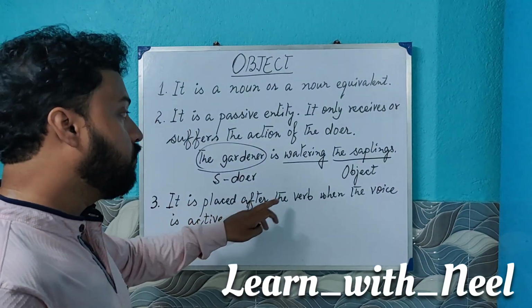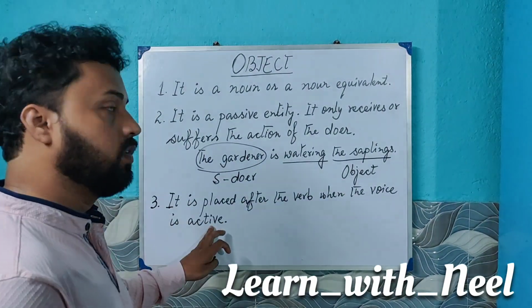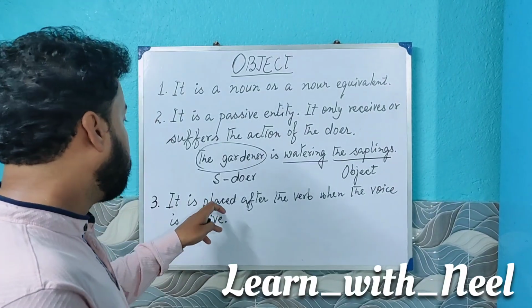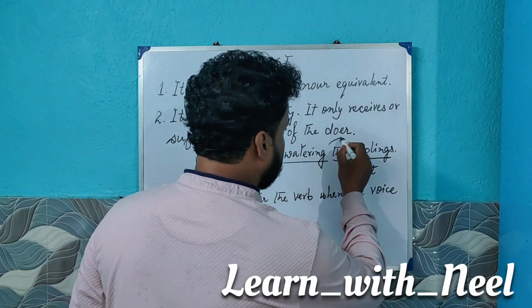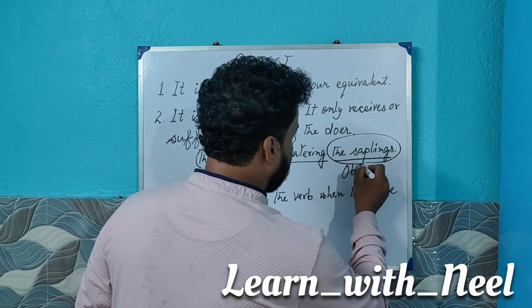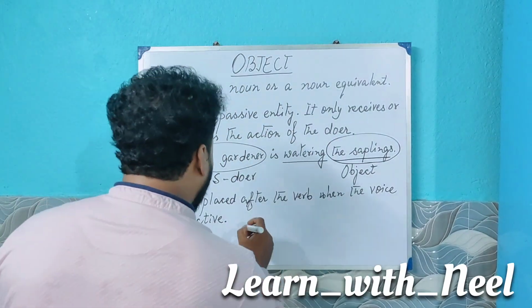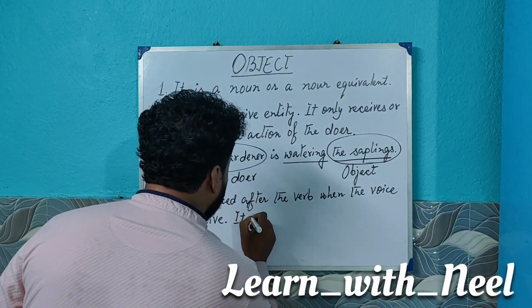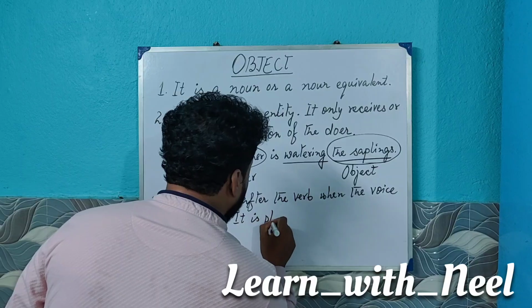It is placed after the verb when the voice is active. So, if the voice is active, the object is placed after the verb. Look at this. The object is placed after the verb. Okay? And it is placed before the verb